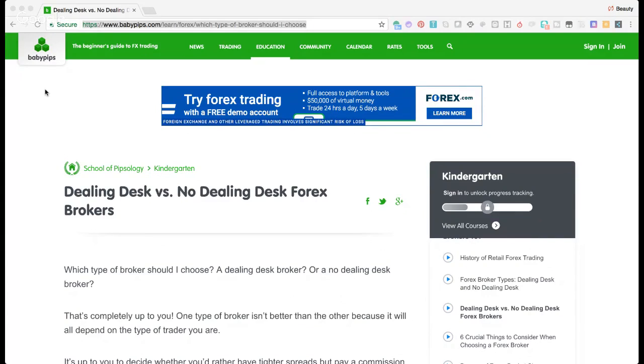All right, everybody. So babypips.com, the beginner's guide to Forex trading. Yesterday we went over the tab called rates. On the rates tab, if you scroll down towards the bottom, you will see a list of about 8 cryptocurrency pairs where you can grab your own TradingView widget. The TradingView widget is a chart. There's a few things that you can do on the chart. We will be revisiting how to build and develop the charts, how to put your indicators on and all of that as time goes on.